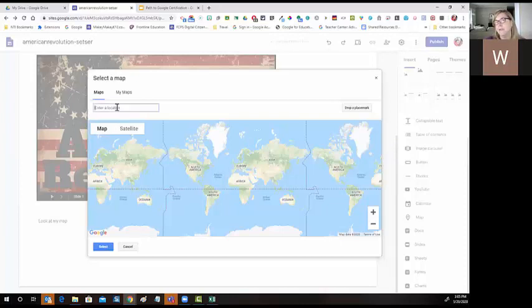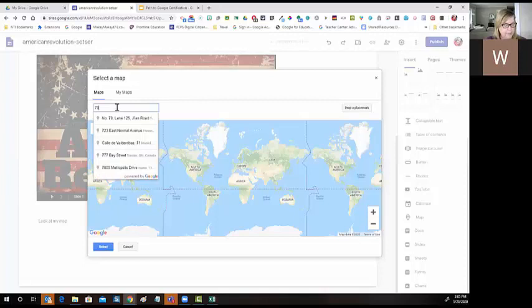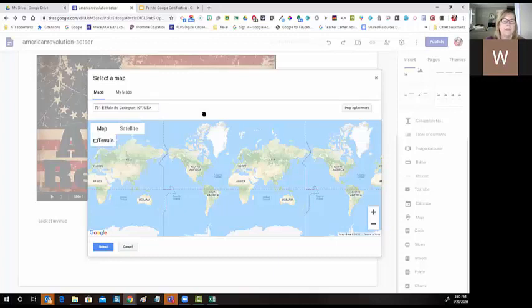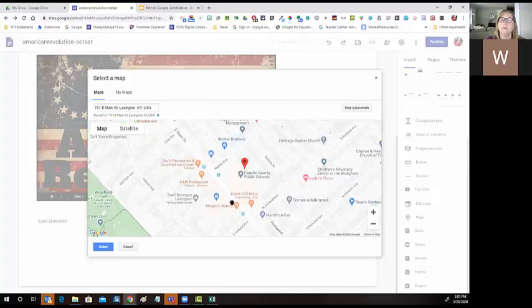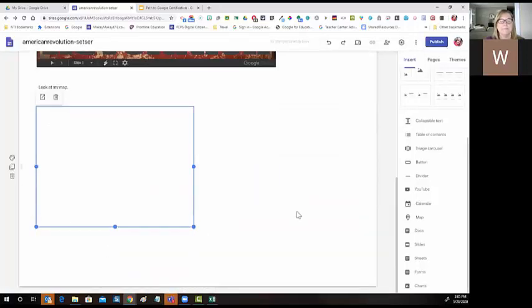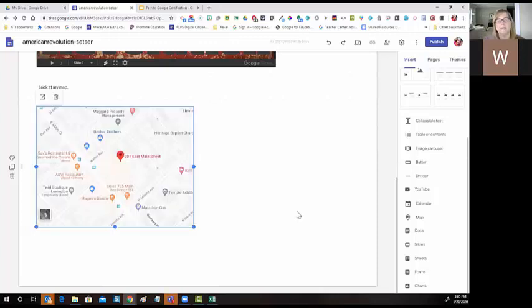If you had an address, you could put that address on the page. So if I want to put the board office on our page with our map, I can do that. I could type in the address. It's going to pull up Fayette County Public Schools. Click select. It's going to pop it in,